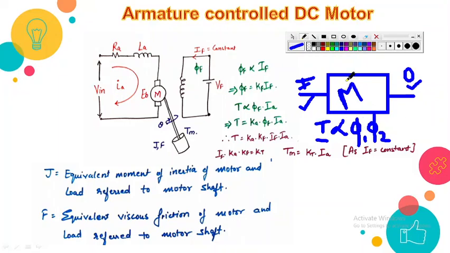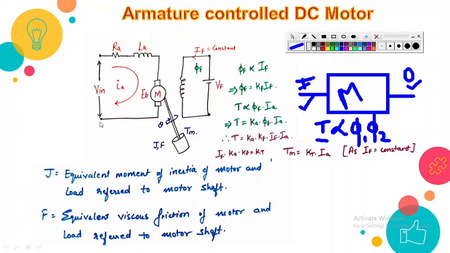In motors also, from the field side we have the field flux, and from the armature side we have the armature flux. These two fluxes interact with each other, and hence a motor torque is generated. When that motor torque is generated, it is used to supply the load. Any DC load can be connected to this motor system, and it is driven by the motor through the shaft.